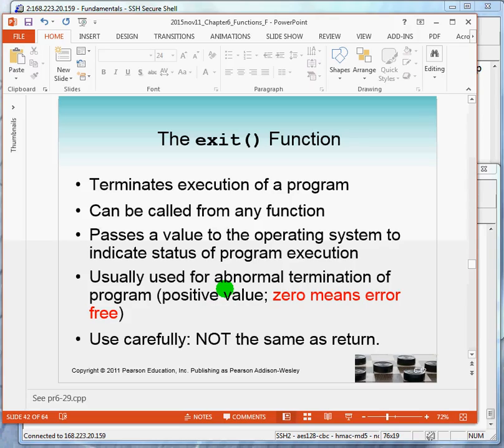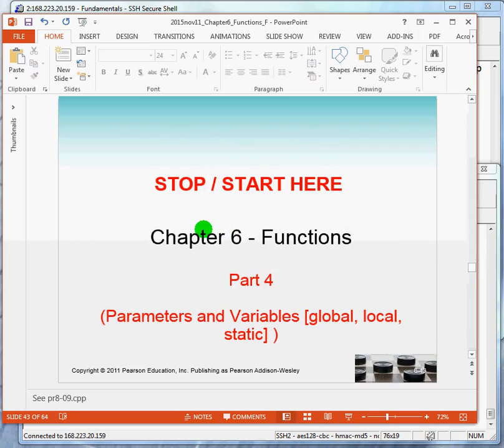There are some functions you have been using all along. One is the exit function, which really terminates the program right on the spot. It also passes a value to the operating system. Typically, the value 0 means error-free, and a positive value means there was some error, but the program terminated what we call abnormally. This is the end of this